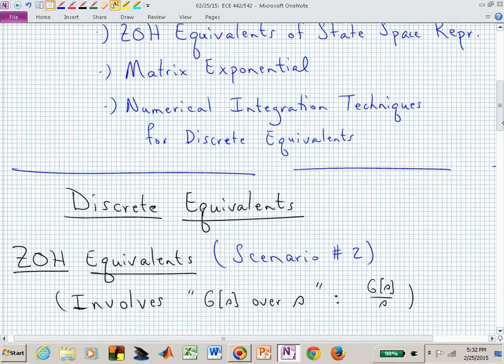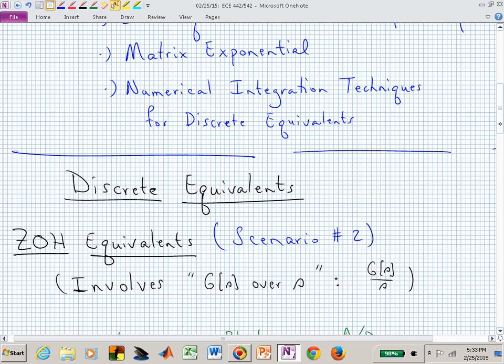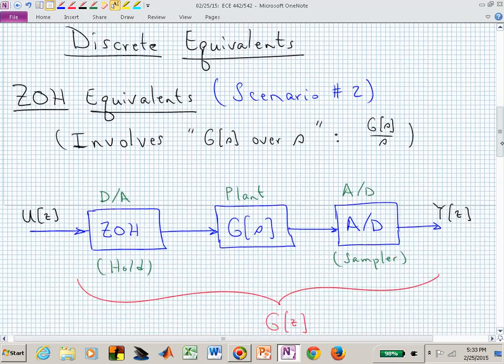Scenario number 2 is the discrete equivalence, and remember it involves G of S over S. Does everybody remember the over easy? We were eating breakfast last time, so we had our eggs over easy. Well, you have G of S over S, and I hope that sort of sticks with you. If somebody says, I need the zero order hold equivalent, you start thinking, oh, that's over. That's G of S over S, or it involves looking at the Z transform of G of S over S,